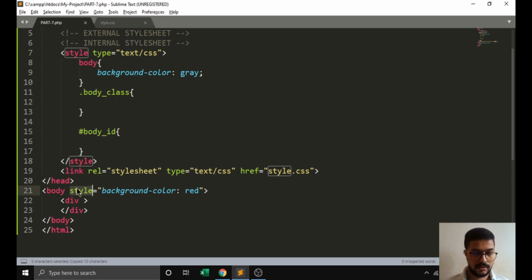We have to remove this, and if I implement the class here, we can apply a color. We pass blue here.